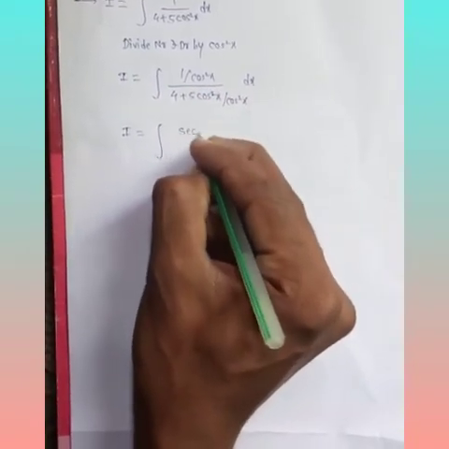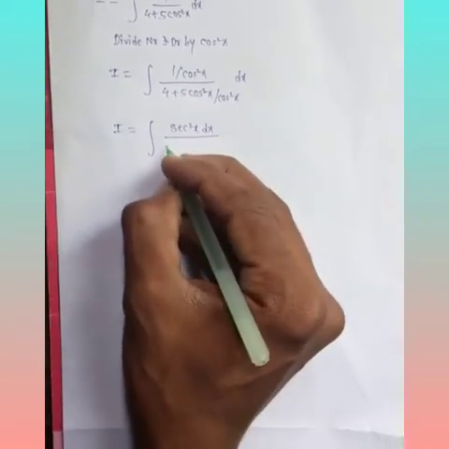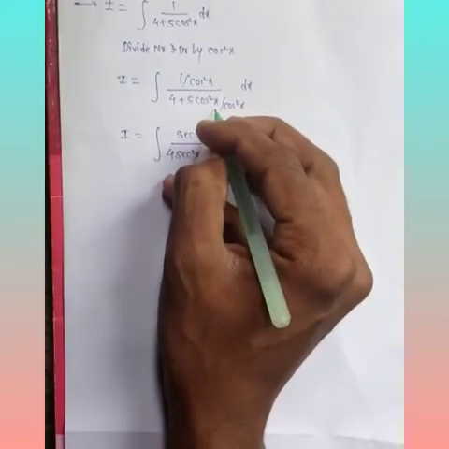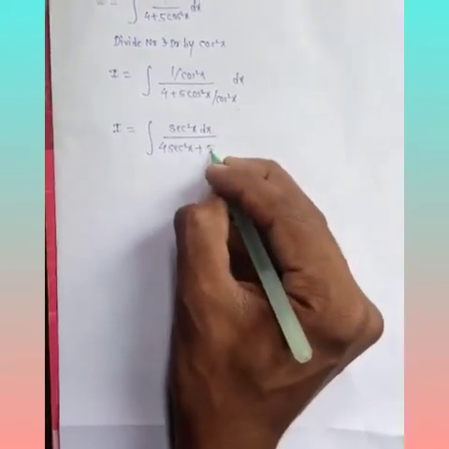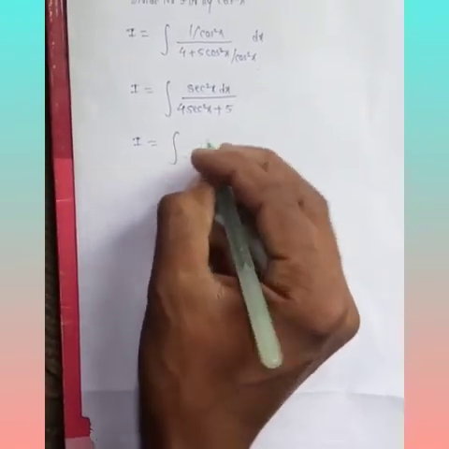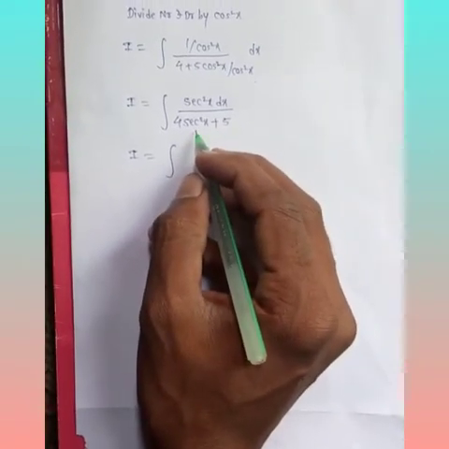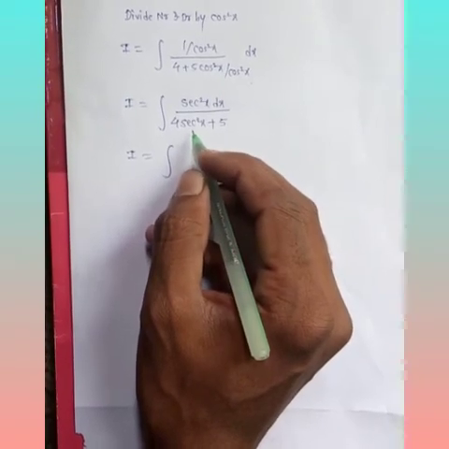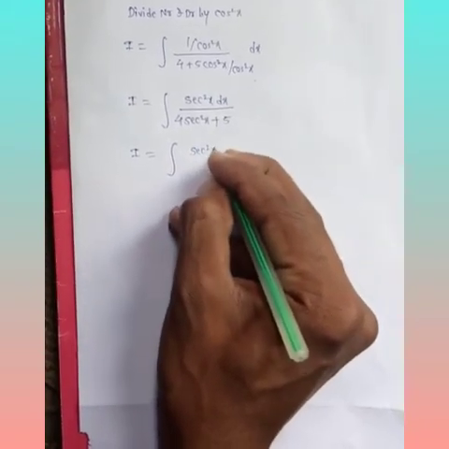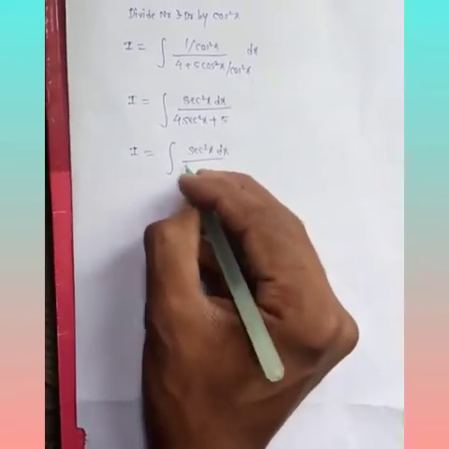Okay, now in the next step, I is equal to the integration of 1 upon cos square x, which will be sec square x dx, upon 4 upon cos square x, which will be 4 sec square x, plus 5 cos square x upon cos square x, which will be 5. Now in the next step we have to write the term at the denominator in terms of tan or cot, but here sec is given, so we have to write it in terms of tan. So the numerator is sec square x dx upon 4.